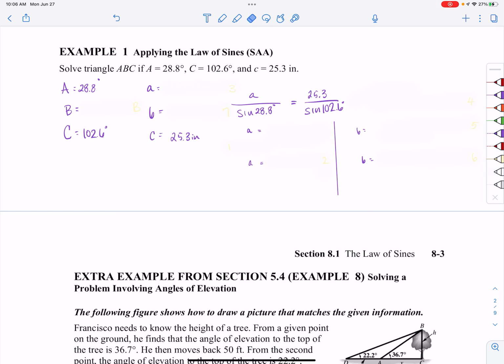Now, what you'll notice here is I've already got a few things set up for you. The first thing that I did was I just took the things that I knew. I knew angle A and angle C, so I put those into a table, and I also knew side C. So the first thing I personally do whenever I'm solving a triangle is I set up a chart. Once I can see this chart, it will direct me as to, number one, whether or not it's even solvable. Number two, it'll tell me whether I should use the law of sines or the law of cosines. I know we haven't covered the law of cosines yet, but this chart really helps me to know